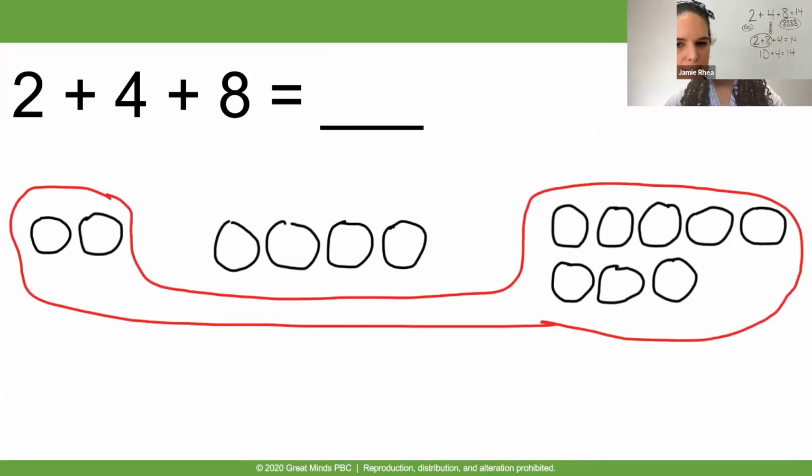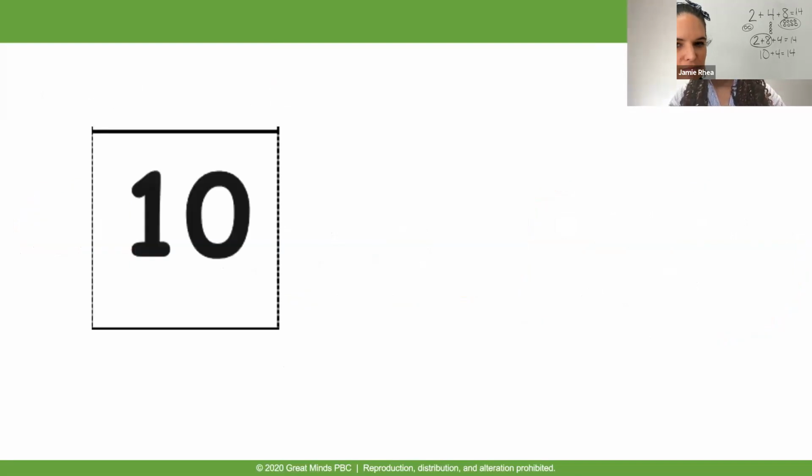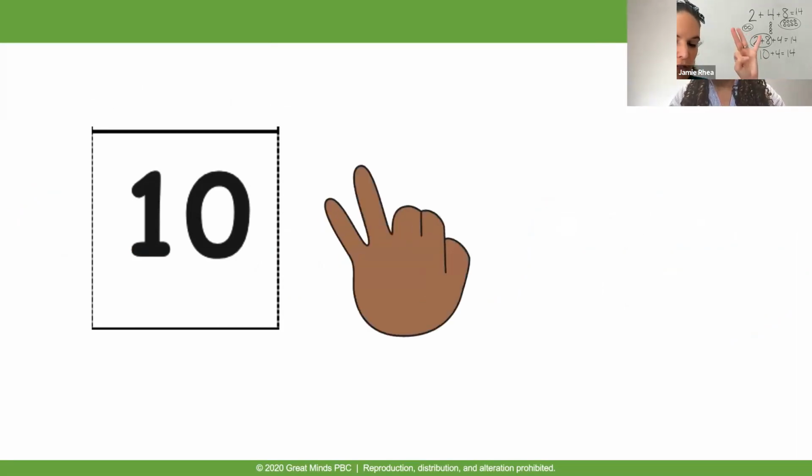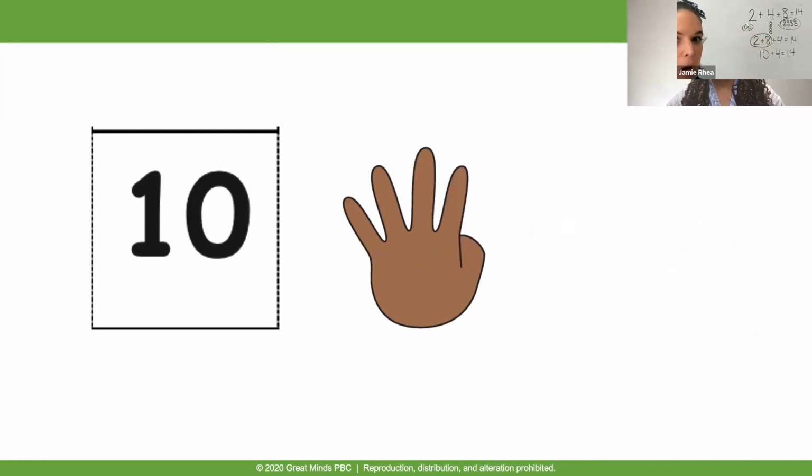What would our new number sentence be to show what two addends we added first? We said 2 plus 8 plus 4. Our new number sentence would be 2 plus 8 plus 4 equals something. So we have 10 and 4 more. Let's count on. 10, 11, 12, 13, 14. So 10 and 4 more equals